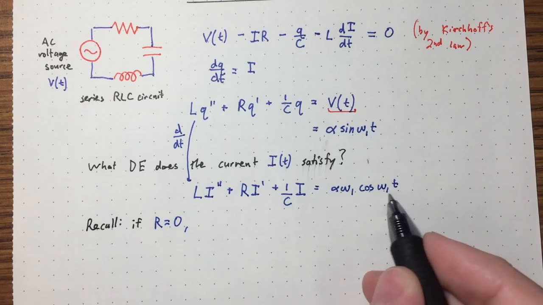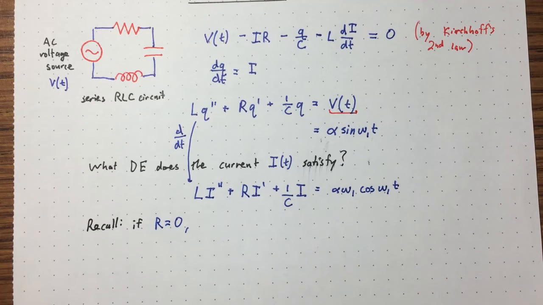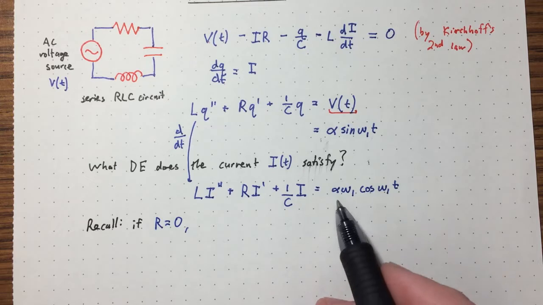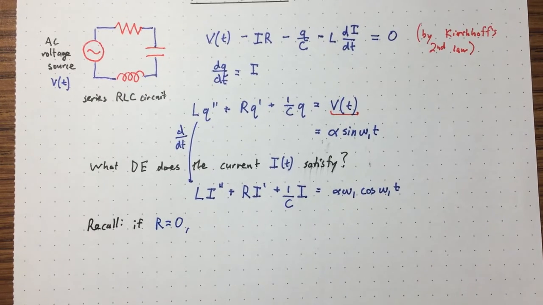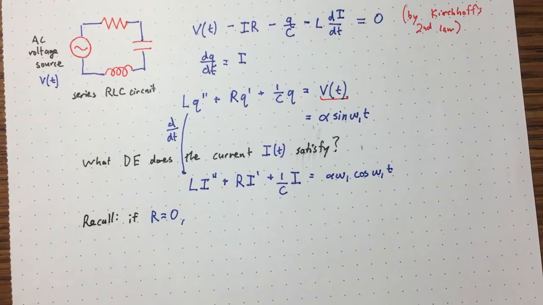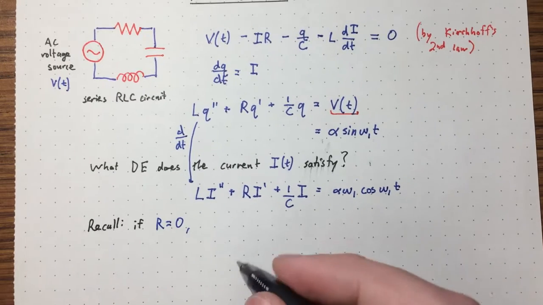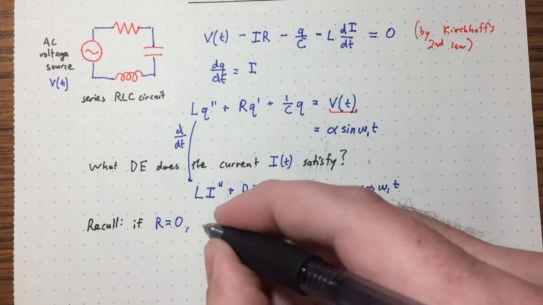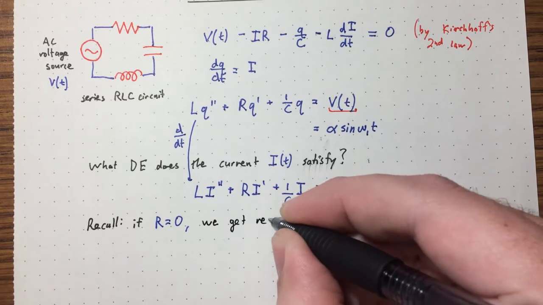Okay, but we also have this term over here. So we're forcing our mass spring system to oscillate back and forth with this frequency omega 1. And the previous two lectures were devoted to understanding what happens in that situation. And the most interesting case is resonance. So when does resonance happen? So we get resonance